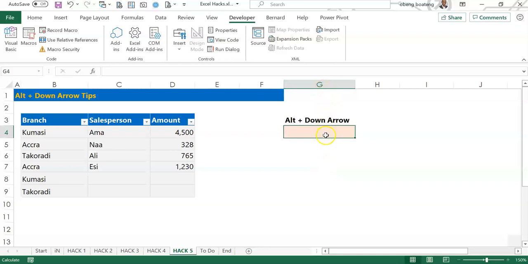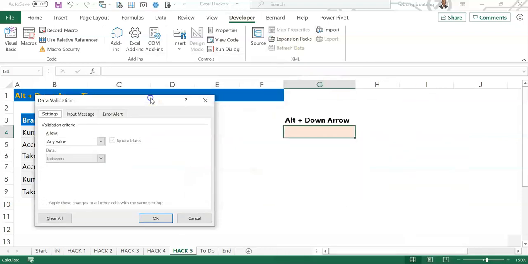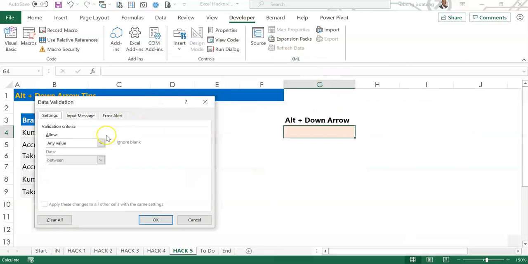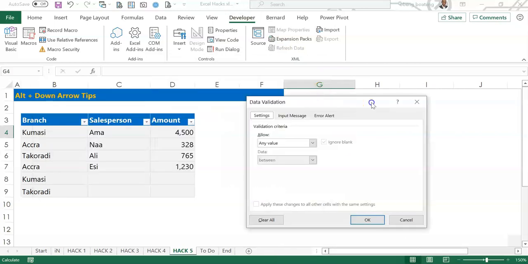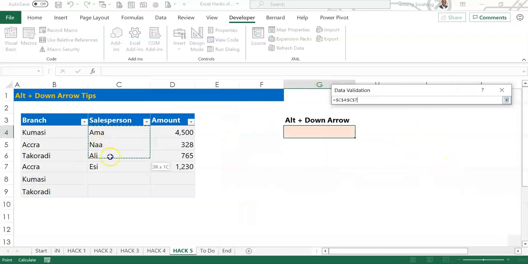Another way you could use the Alt down arrow is to access the list in a data validation. So here in cell G4, I want to create a drop-down list on these salespersons. The shortcut is Alt DL. So when I press Alt DL, it gives me the data validation dialog box, and I want to create a list. So in any value, I'll come create a list, and then I'll point to the source of the list, which is this,